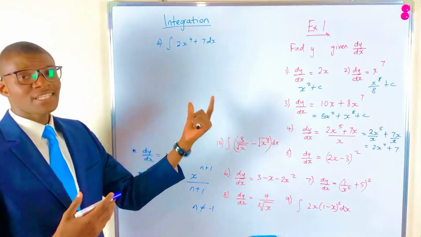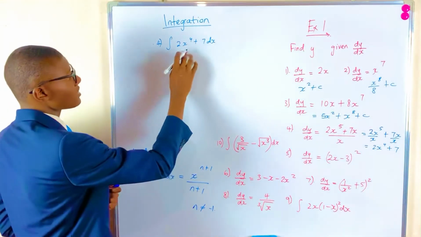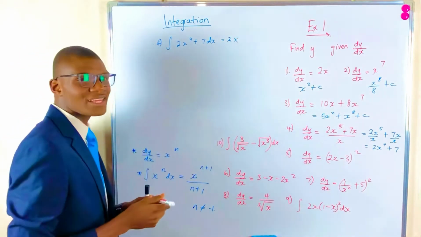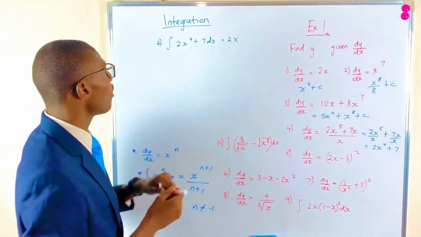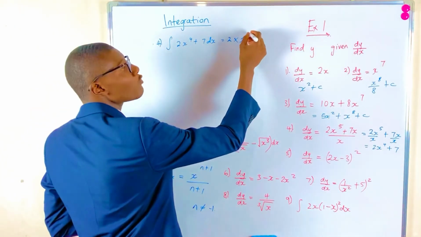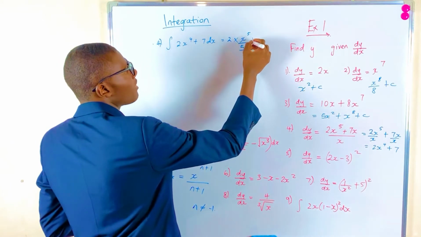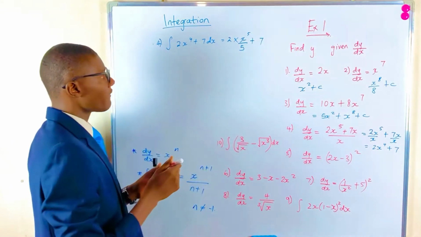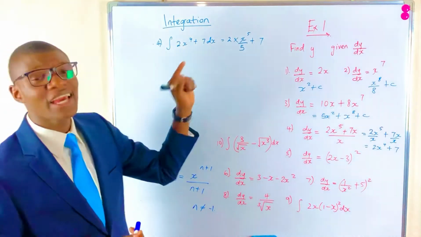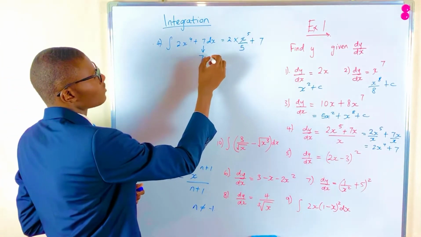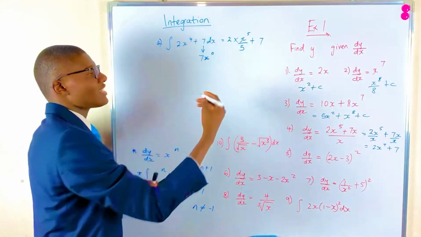So now let's integrate term by term. First of all, we take out the 2, then multiply by the integral of x to the power of 4, which is x to the power of 4 plus 1, 5, over 4 plus 1, which is also 5, plus 7. Now with this 7 being a constant, in actual fact, it's 7x to the power of 0,